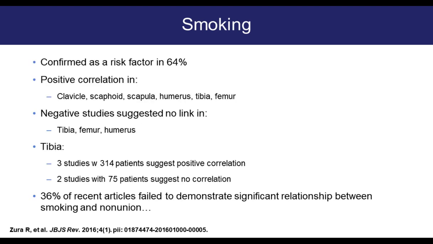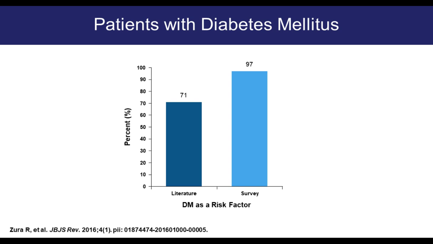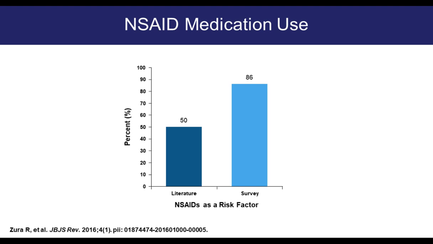Diabetes, again, 97% of surgeons felt it was a risk factor. The literature only supports it 71% of the time. NSAIDs, again, 86% of surgeons queried at this time. I think that number could potentially be lower now. It's only supported by 50% of the literature. Other risk factors that we see this issue in the literature: obesity, 75% of the time; alcohol, 80%; and osteoporosis,